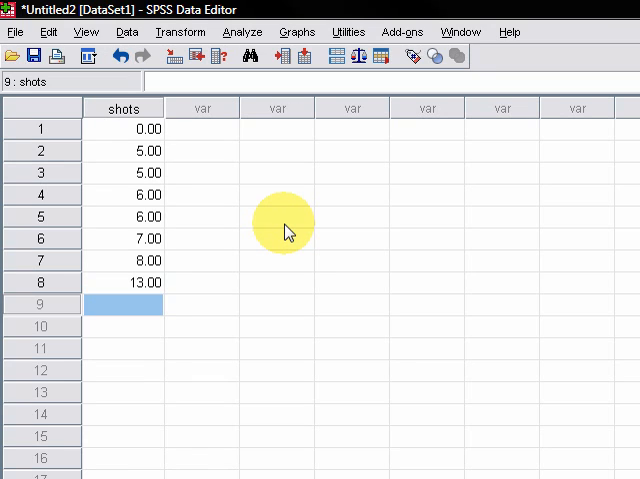So to start with, what you want to do is pause the video and then type in the values for this set of data here. The heading is just called shots, just some example data, it doesn't really matter what it is. I've typed them all in already. Okay, so assuming you've already got that sorted out in front of you, what we can then do is proceed